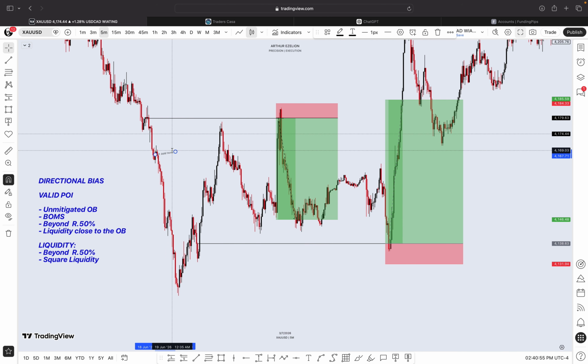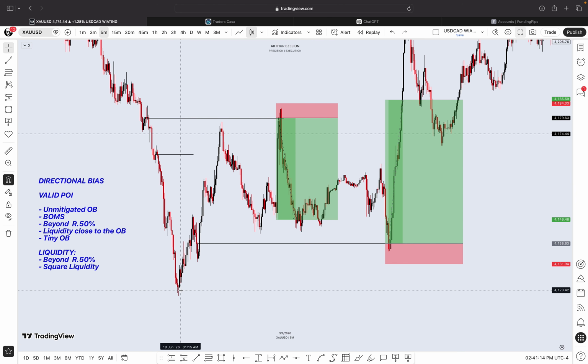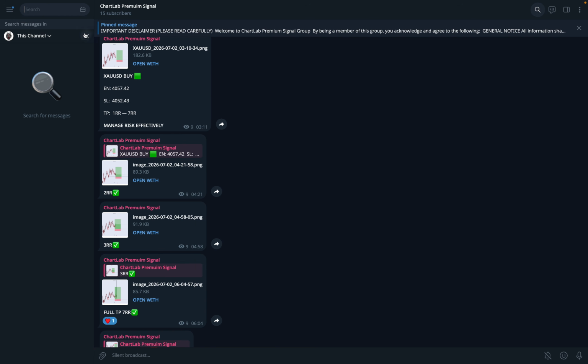Another thing I like to look out for in these POIs, I like to focus on tiny order blocks. Let's put that in: tiny order block. This is just my personal rule, but tiny order blocks give me the best results, both in reactions and in risk to reward. These are things I'm backtesting. Just allow me to show you guys my